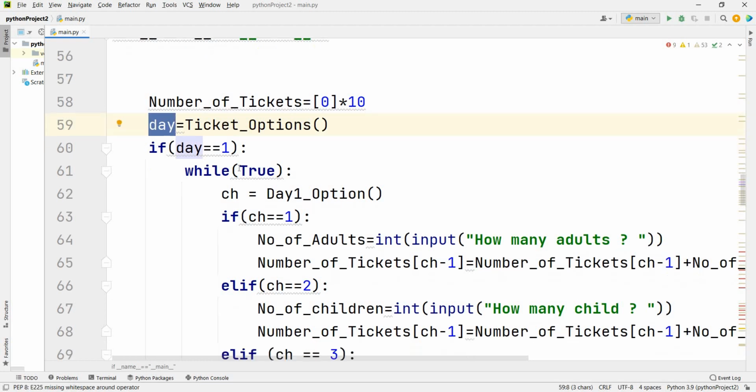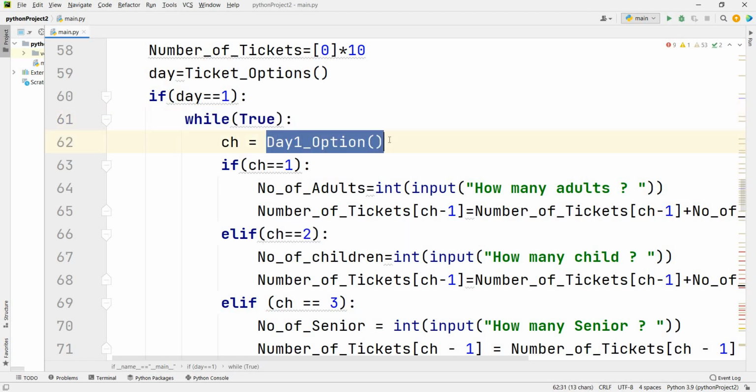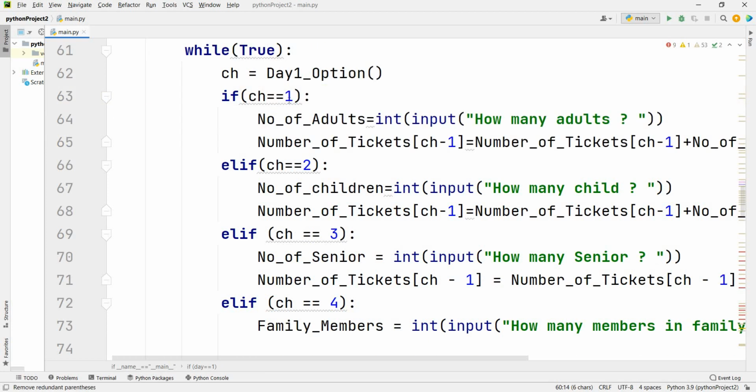If day equals 1, then I apply a loop. This loop will continue until you enter more than 5. If ch is in the day 1 option, it will display the day 1 option because you have selected day 1. If you have entered choice 1, it will ask how many adults you have.